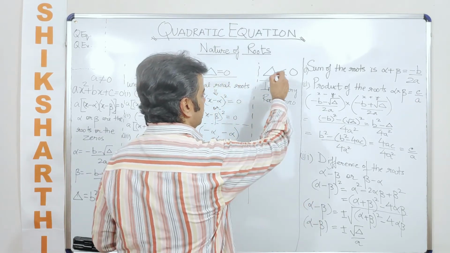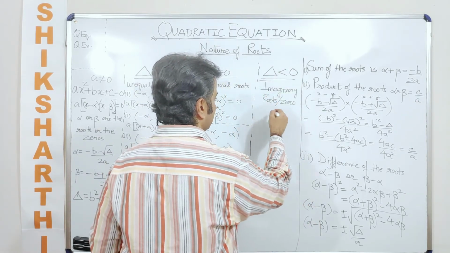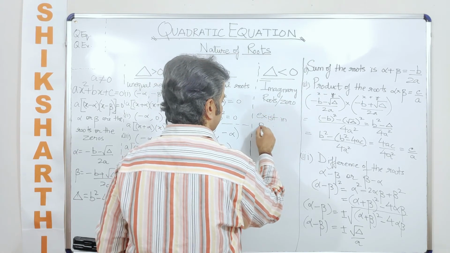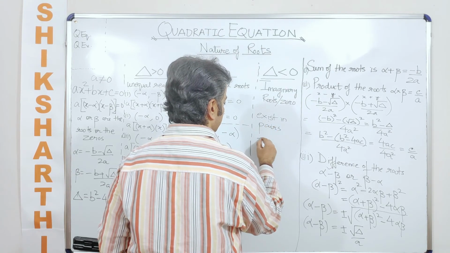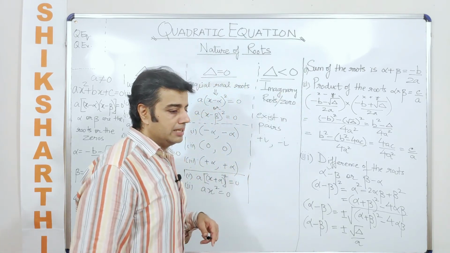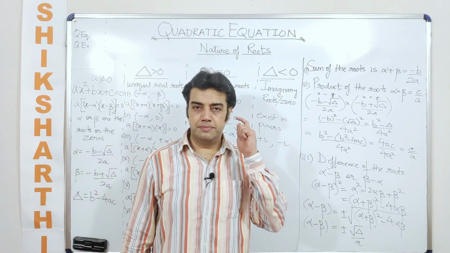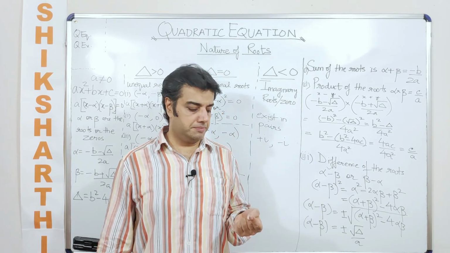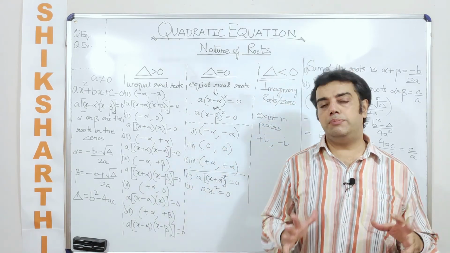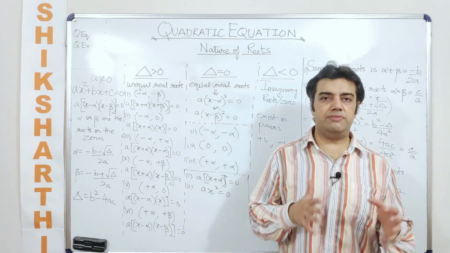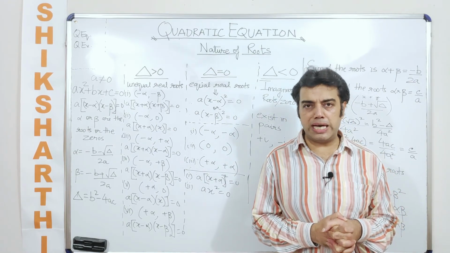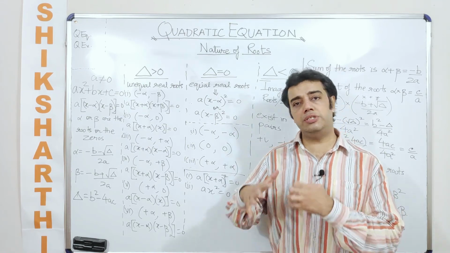The only thing that you need to understand here is imaginary roots always exist in pairs. So when I say they exist in pairs, that means if one imaginary root is plus i, in that case the other imaginary root would be minus i. Right? Now, as discussed earlier, first we'll be discussing all the concepts, then we'll be using the concepts to solve the examples from your NCERT book, and then we'll be solving the exercises using the same concepts.